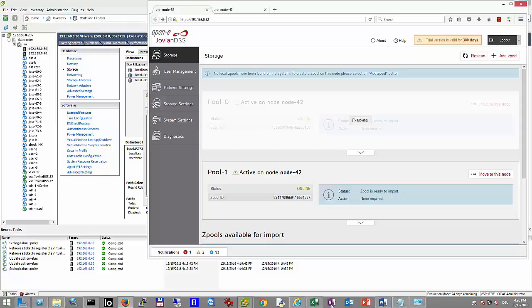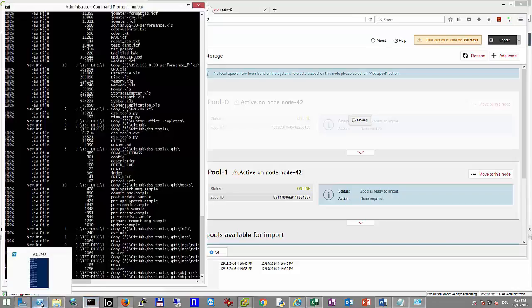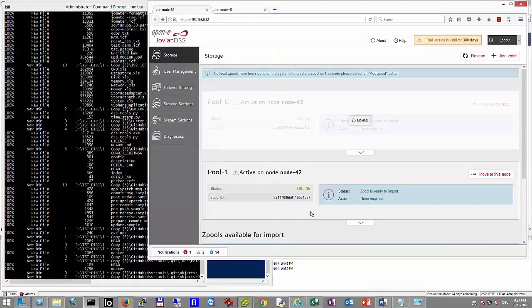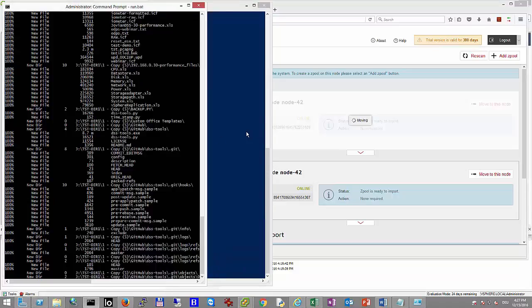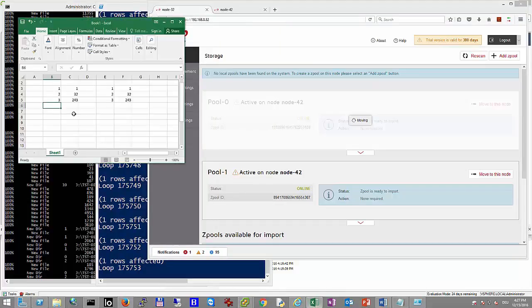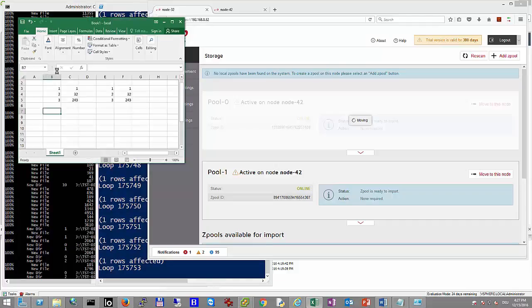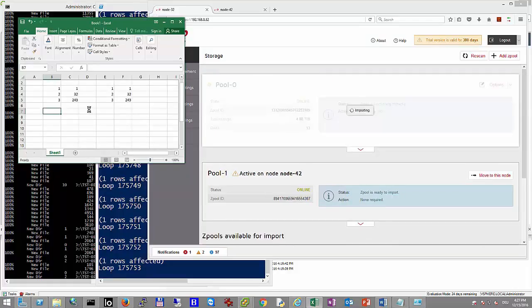While switching back, we see that everything is not working now. If I try to save now, then of course it is not saving at this moment.